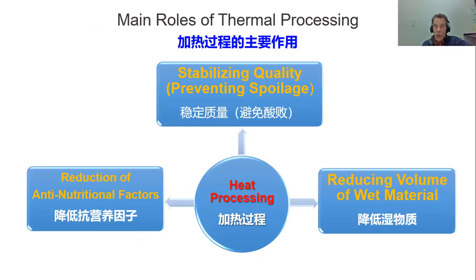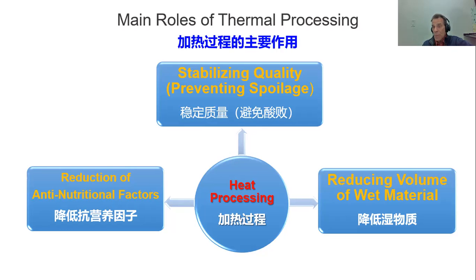The main processing occurring is a thermal treatment. Why are we using thermal processing with feed ingredients? Well, if you're producing rendered animal proteins, you have to prevent spoilage. You have to reduce the volume. You're dealing with wet material, guts and pieces of muscle and things like that. You have to drive off the water. You have to separate the fat and the proteins and the minerals. So you have to use heat. You have to sterilize this product. By drying, by reducing the volume, by dehydrating it, you prevent spoilage, you reduce volume, all this.